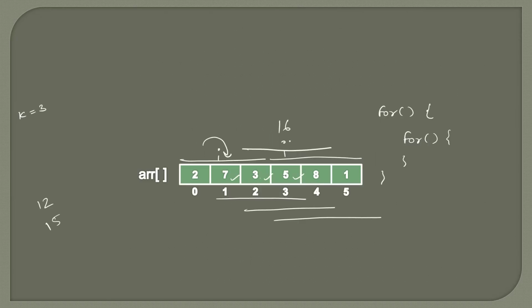So if we solve the algorithm using 2 for loops, this problem is very easy to solve. This solution is roughly time complexity of O of N into K, because we are traversing the array and each time we are taking K elements. So the time complexity is O of NK. This time complexity is not efficient. We need to solve this problem in better time complexity, let's say O of N.